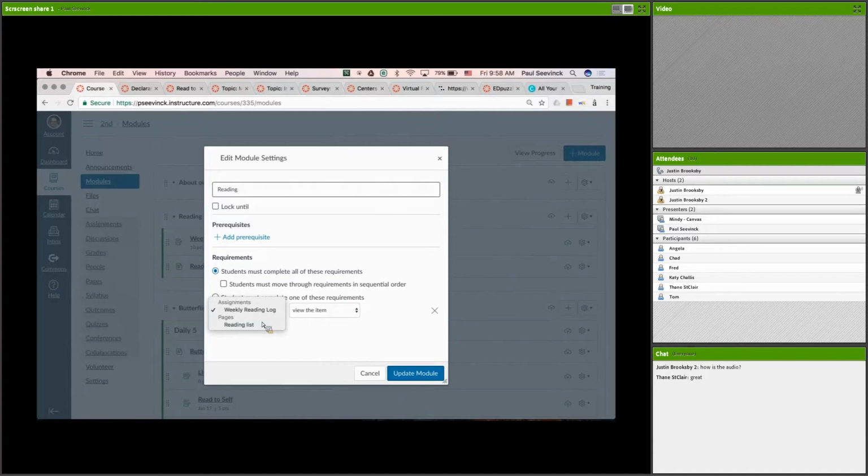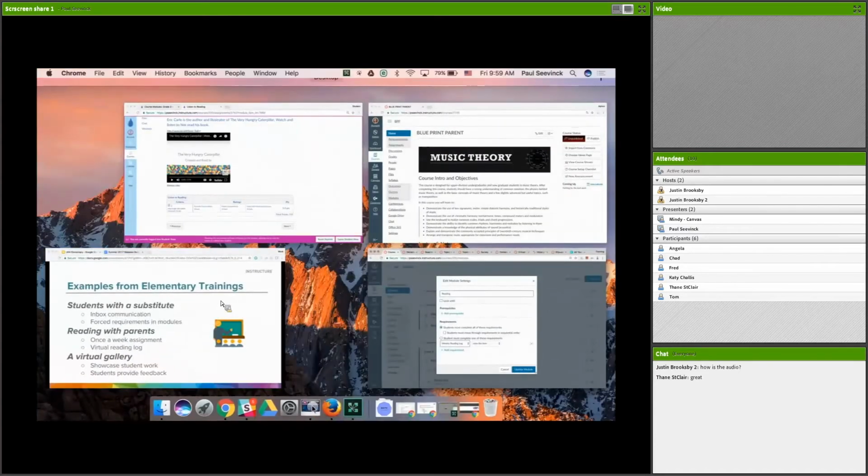How many times do substitutes not follow the lesson plans? I don't know if I ever had one actually follow my lesson plan. So I started to do this because I didn't trust them, to be honest, and this way I put the ownership on the students and not on the substitute. All right, let's move back to there. Another one is that